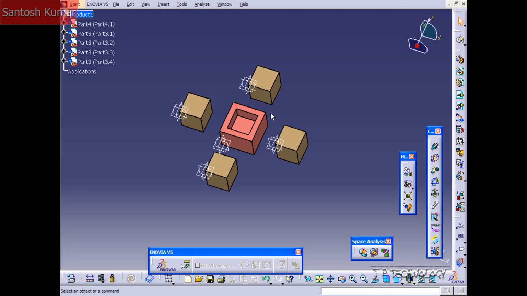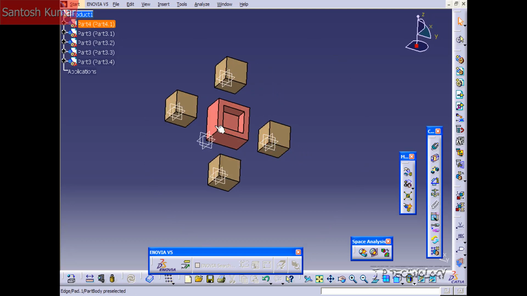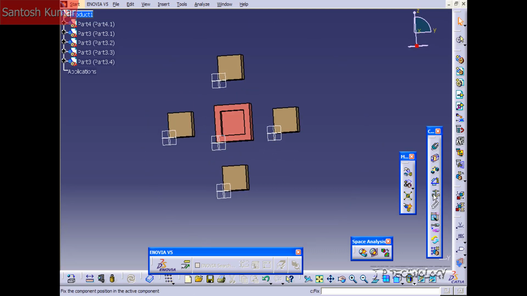Now, the reasoning behind fixing a component is that you can have one base component that's fixed, and everything else is going to be constrained and moved around with respect to that one component. So in the other examples, I was telling you that if you want to move this block, you'd have to click this block first, then this block to move. It doesn't matter the order after you fix it. So after you fix it, you can click this face first and then this face, and then the brown block will move. So to fix a component, what we have to do is click Fix, click the component,